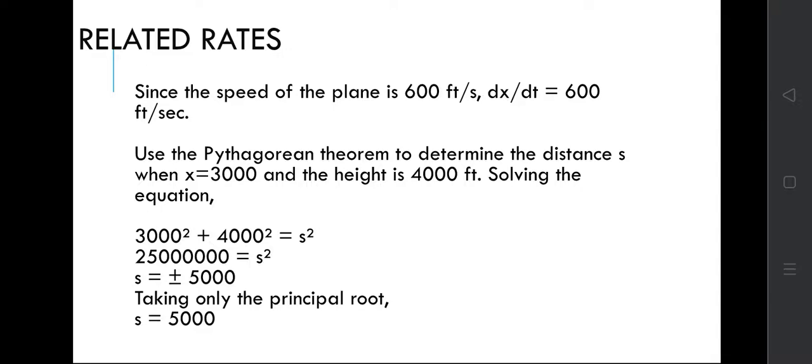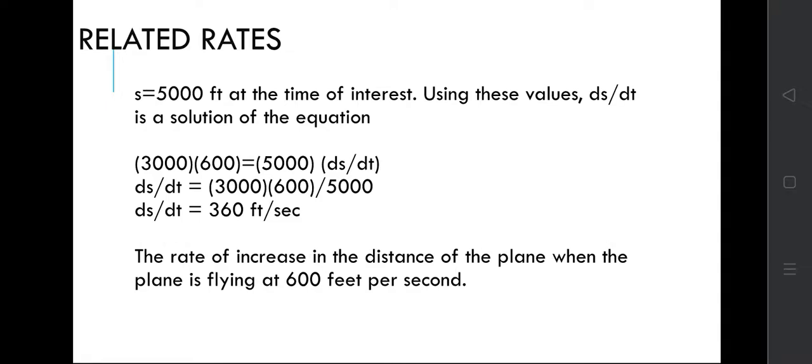Para sa s, pero ang kailangan talaga natin dito is ds over dt or the rate of change of the speed with respect to time. So, nahanap na natin yung s, which is 5,000. Gagamitin na natin to para mahanap yung ds over dt. So, plugging in values will give us 3,000 multiplied by 600 is equal to 5,000 ds over dt. So, ds over dt is equal to 3,000 times 600 divided by 5,000, and this will give us the rate of change, which is 360 feet per